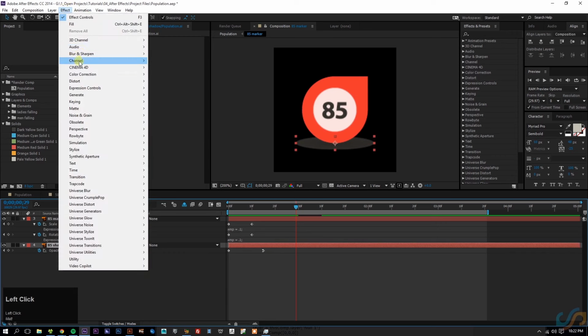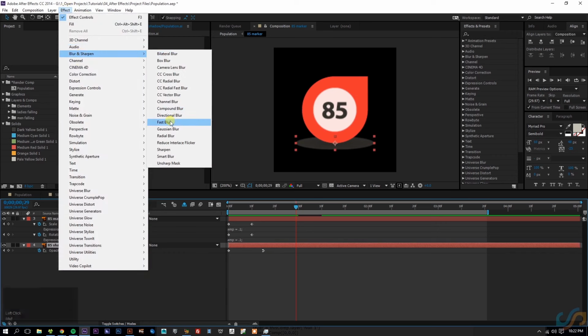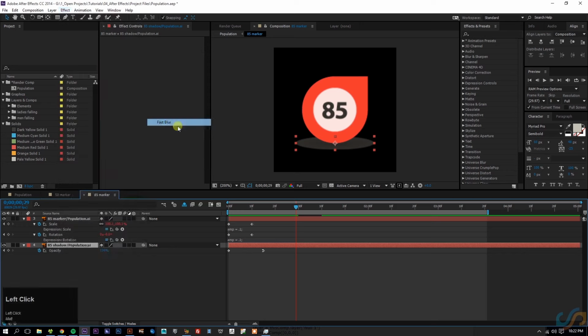So whenever I want to blur, I always use the fast blur just because it does exactly what it says. It's the fastest blur when it comes to rendering time and preview renders and things like that. But the best blur is probably going to be Gaussian blur or I like the camera blur,